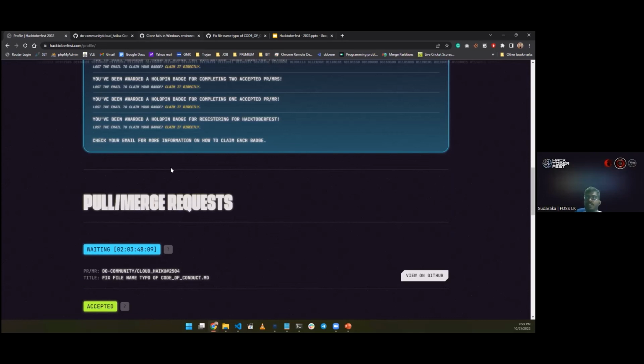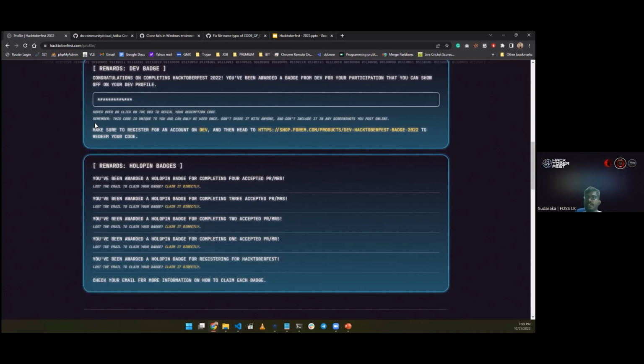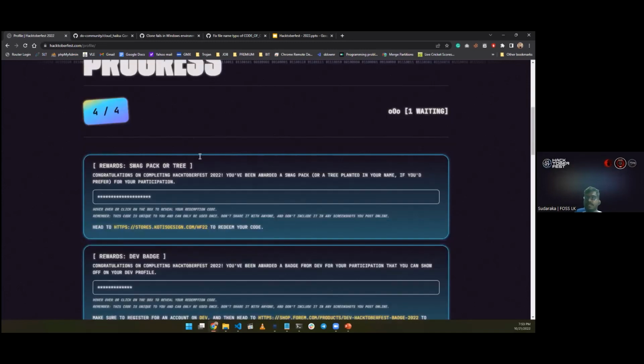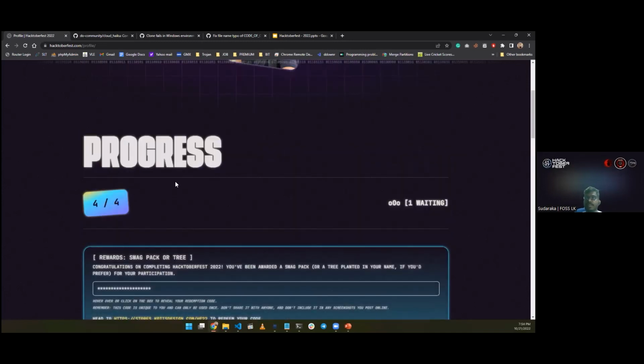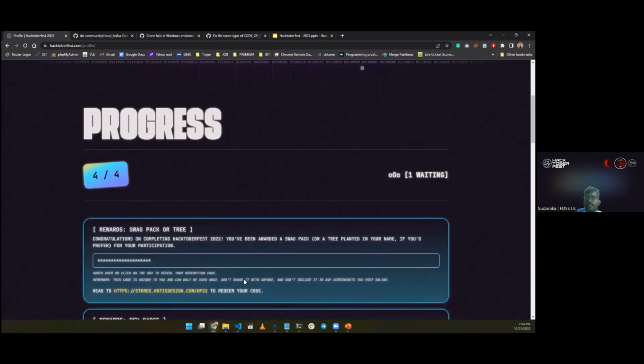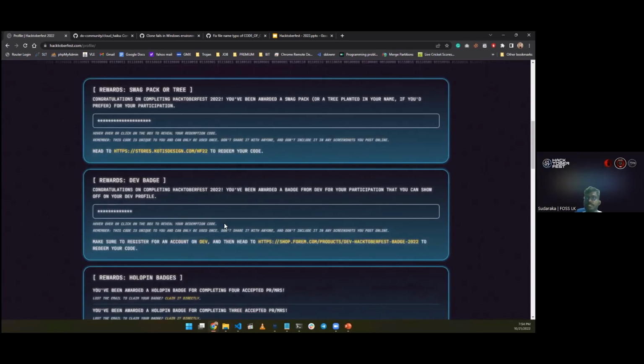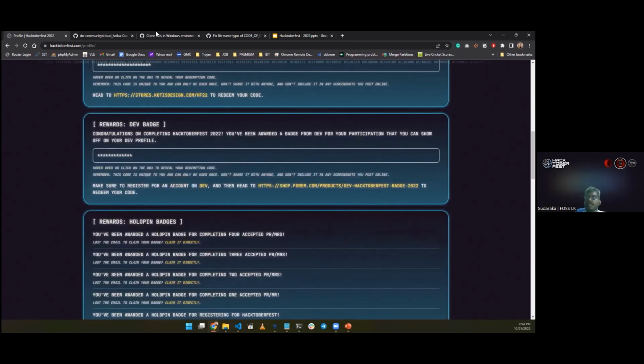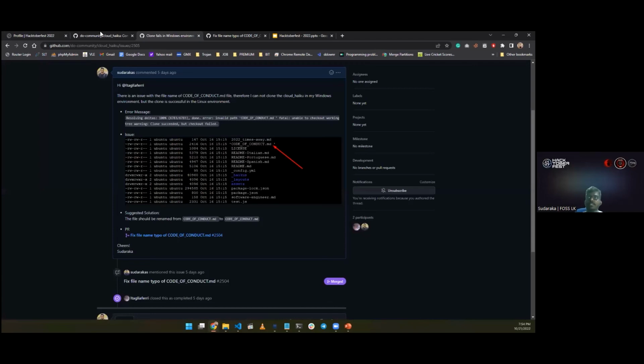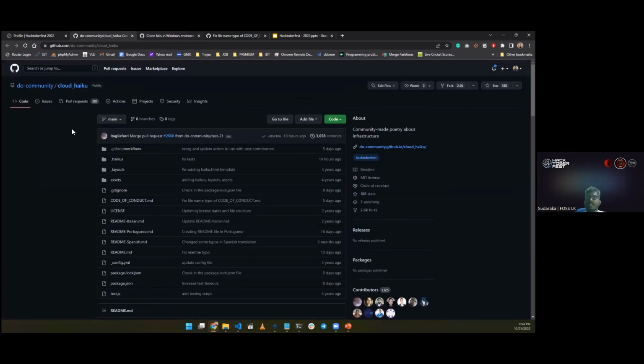After you complete your full, at least 4 PRs, you can see a screen like this. You can redeem your gift as well, and some badges here. Likewise, that's how you guys can contribute to the Hacktoberfest event.